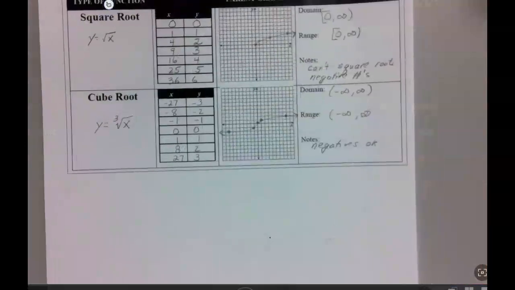Okay? These are the ones we're going to be working on. So tomorrow we'll come in and we'll start in